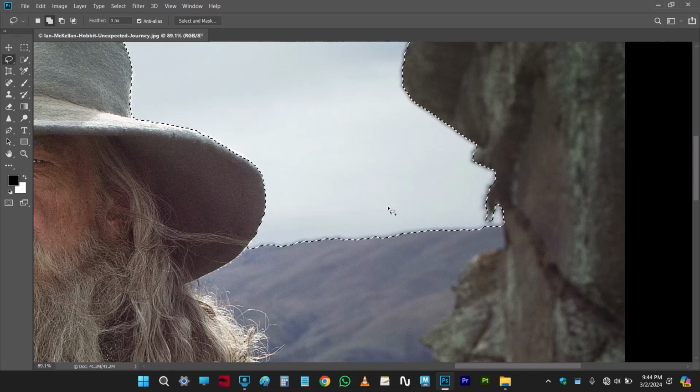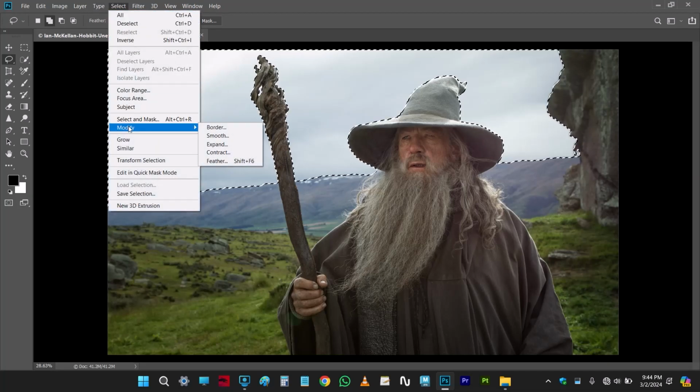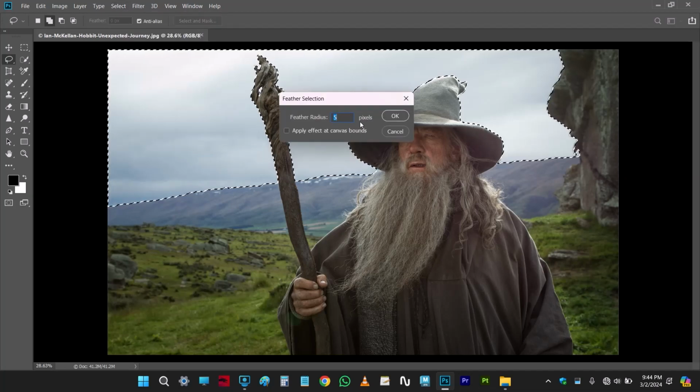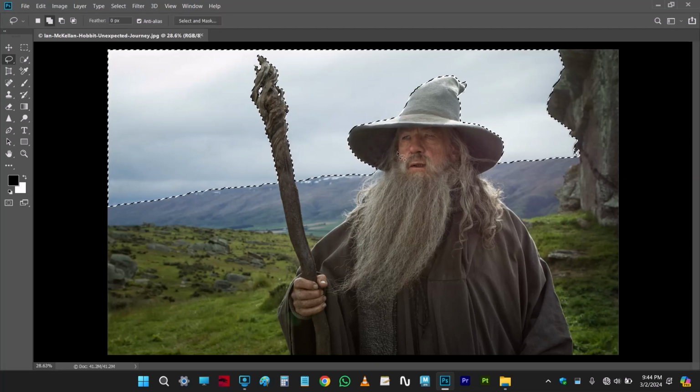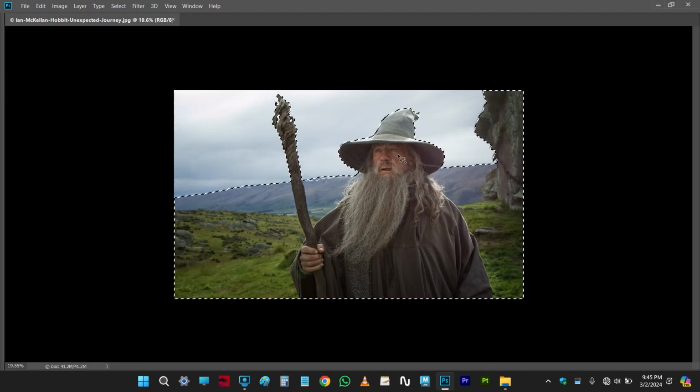That's it. Now before cutting it out, you need to give a little bit of feather. So select menu, modify, and then feather, Shift F6 is the shortcut. So around 0.5, depending on the area of the selection. That's it. So what we can do is inverse the selection, Control Shift I, and then press F7 to see it